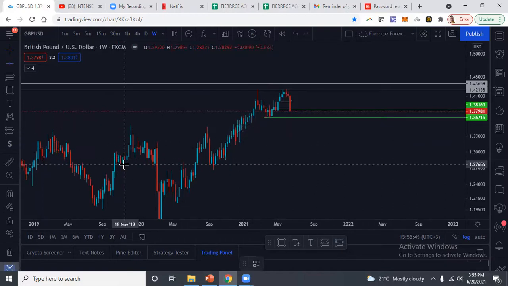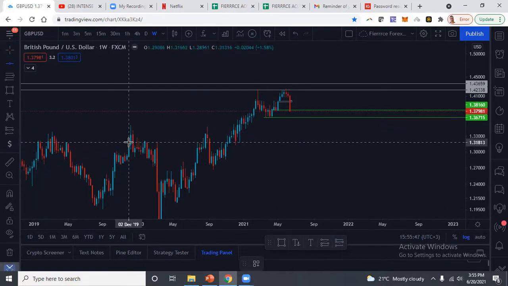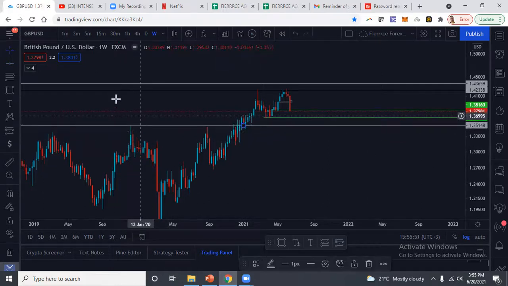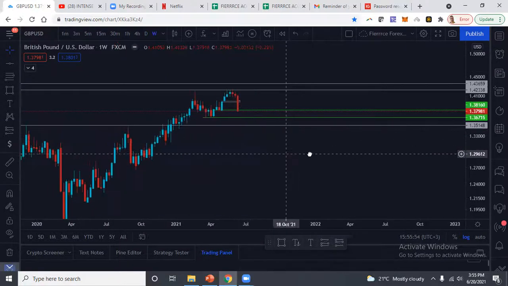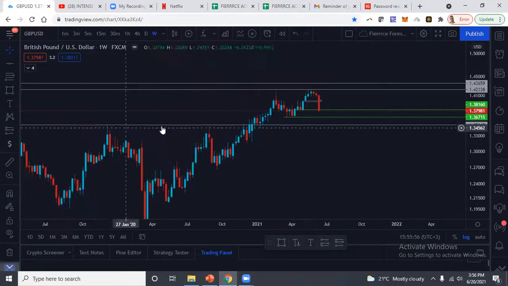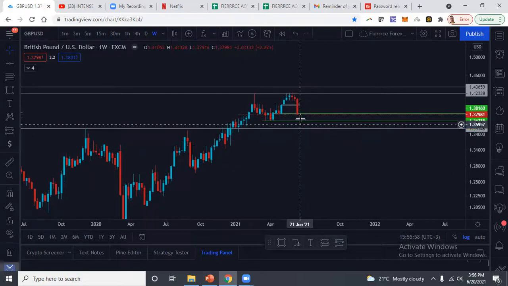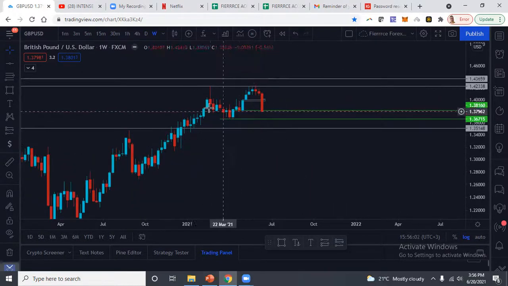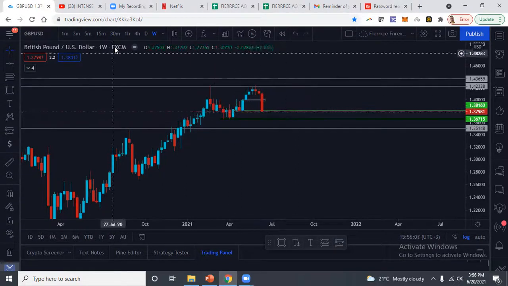Yeah, so we can see interesting levels. Okay, but this is the previous level here. So if at all anything happens on the weekly, we'll probably try and retest this low here. But this is a very bearish candle. You can see it. There is a possibility on this weekly time frame we may see a rejection to the upside.